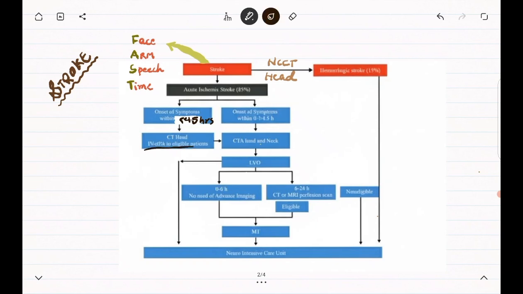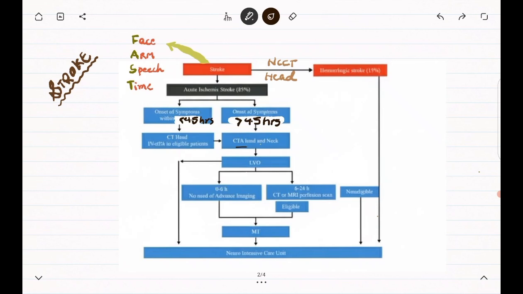We have to give IV tPA if there are no other contraindications. We'll talk about the contraindications of giving IV tPA in the next slide. If the symptoms have started within 4.5 hours, the patient is eligible for receiving IV recombinant tissue plasminogen activator, that is, thrombolytics. But if the symptoms have started more than 4.5 hours ago,